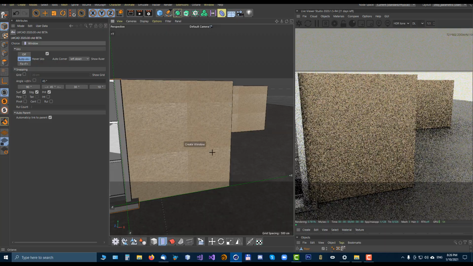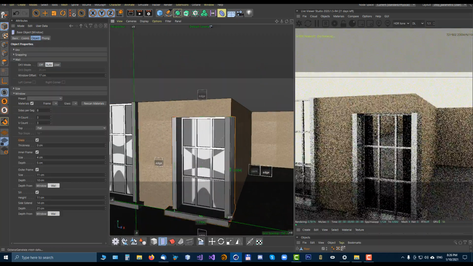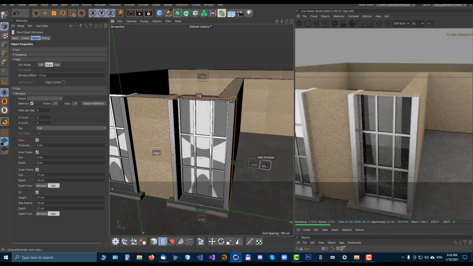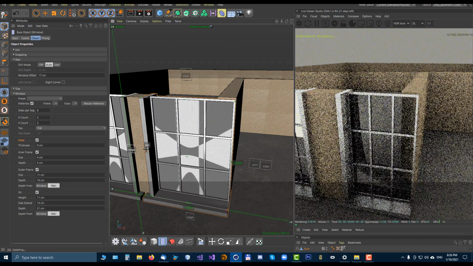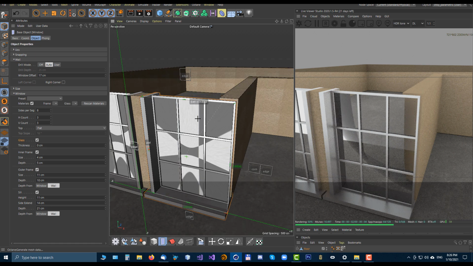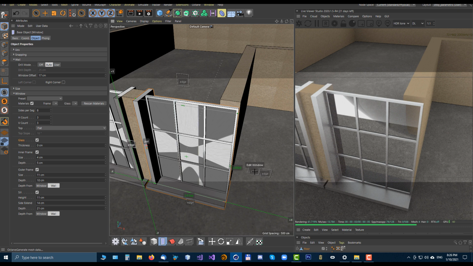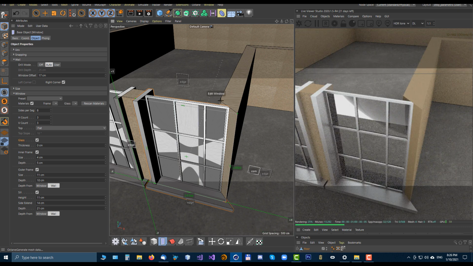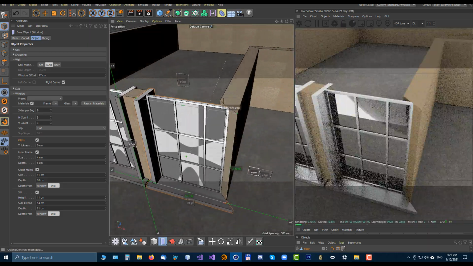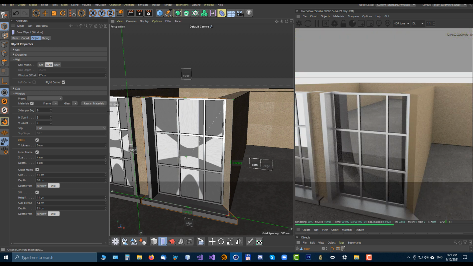If you create the window on the corner, wall corner, like this, I will delete this edge. Then you can see there is extra button for corner, so you can enable corner mode of this window. So just enabling corner window, it is automatically recalculated to fit this window as a corner window. Also very useful